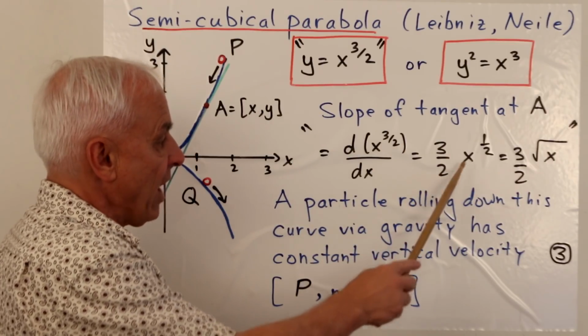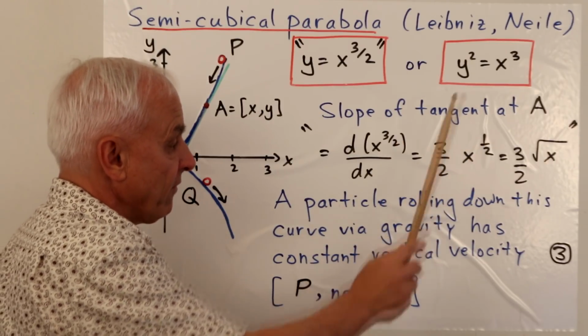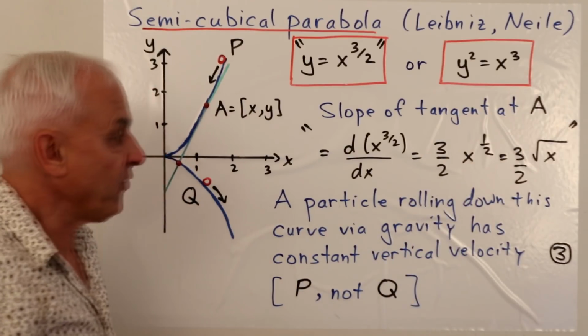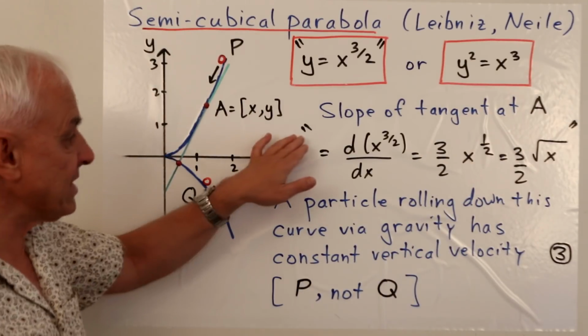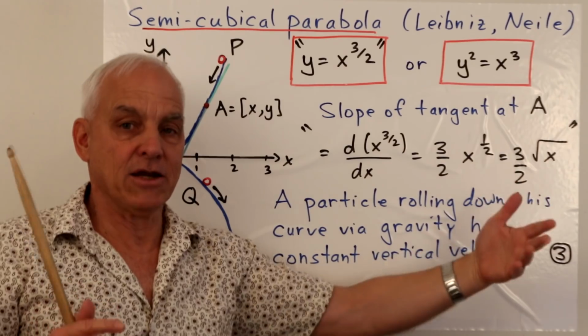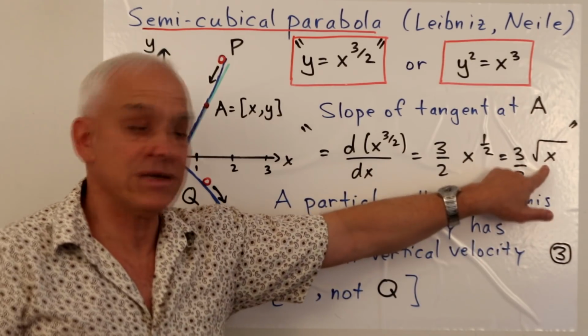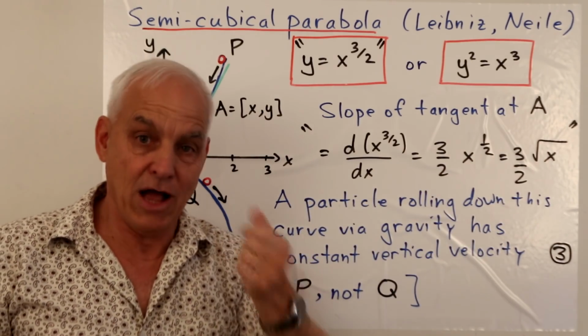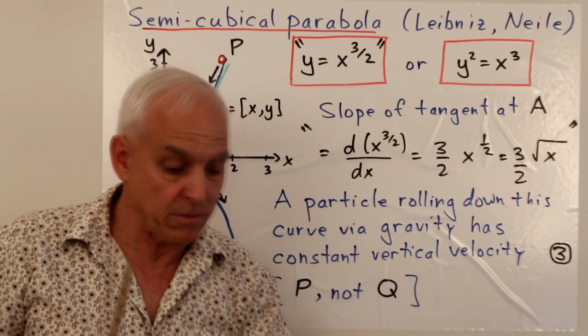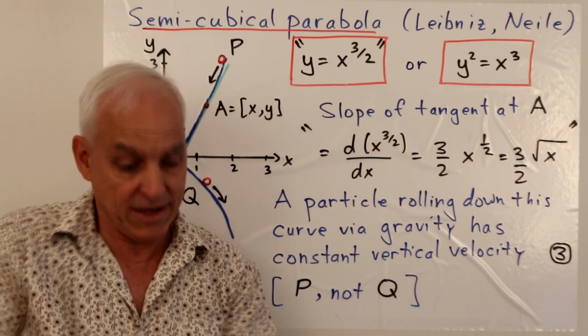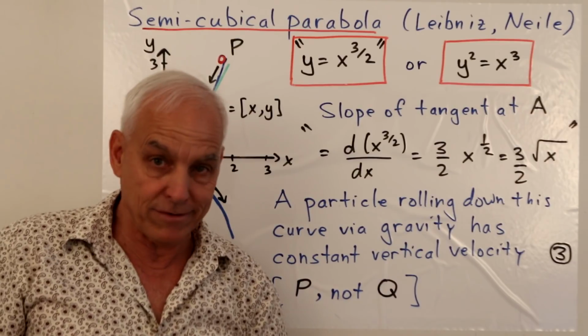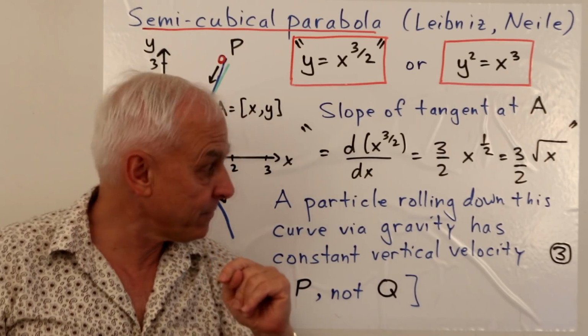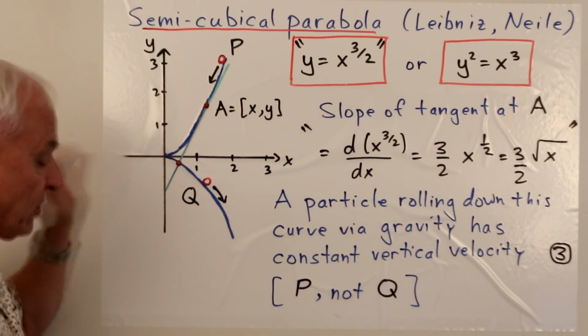The 3/2 comes down, the 3/2 lowers to give us 1/2. So we're talking about 3/2 of the square root of x, which itself has to be contained in quotes, because this itself is, again, something that you can't actually calculate. So it looks like a function, but it is not really an honest function. It doesn't actually give you an output. That's correct. Okay, why is this curve interesting?